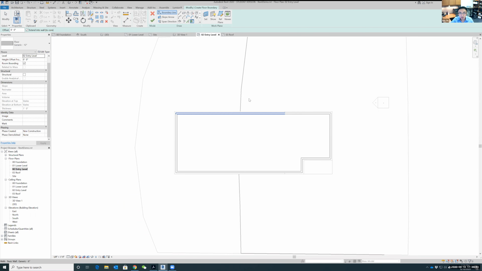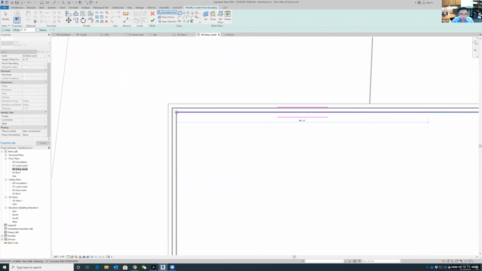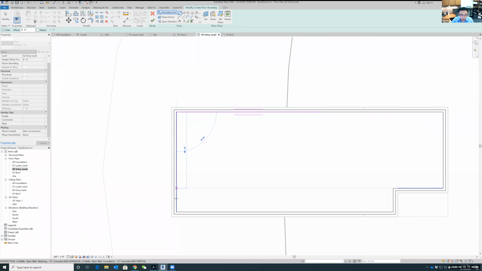So I'm just going to use this draw function now. I'm going to start from here. Let's just randomly pick somewhere here and go to this place. When you see the square, it means I'm reaching the end. So I go to the other corner. And then I want to go outside. So this is my balcony. I'm just going to go maybe all the way here, and go up. I want it to be lined up with the